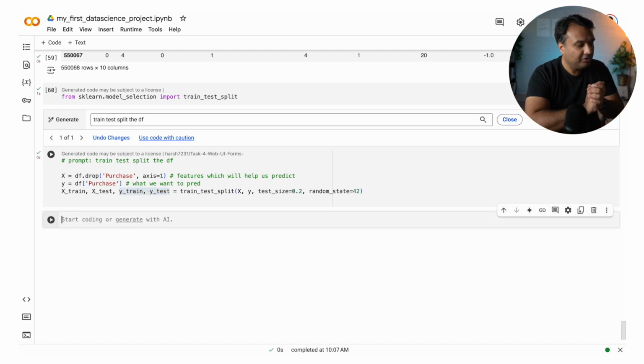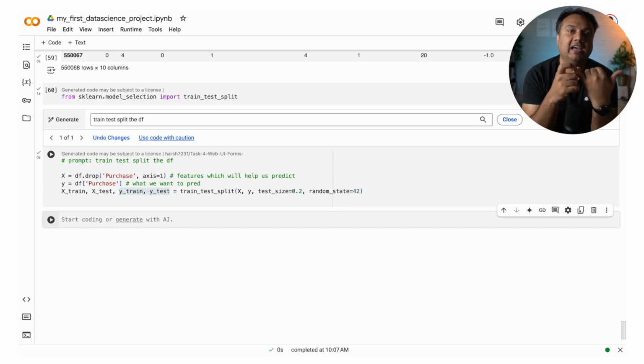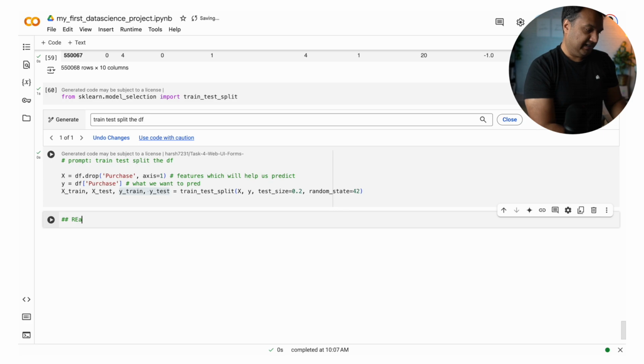Awesome. So now we have completed all the steps which were needed to do the actual thing of linear regression. We have dropped the unnecessary columns of product ID and user ID. We have converted everything into numeric values. We have dropped the null values, and we have done the train and test splits. So all of that is done, ready for linear regression. And you already know the theory behind it, at least the intuition. The intuition took maybe 20 minutes to explain. This will take 2 minutes to implement. This is the power of libraries.